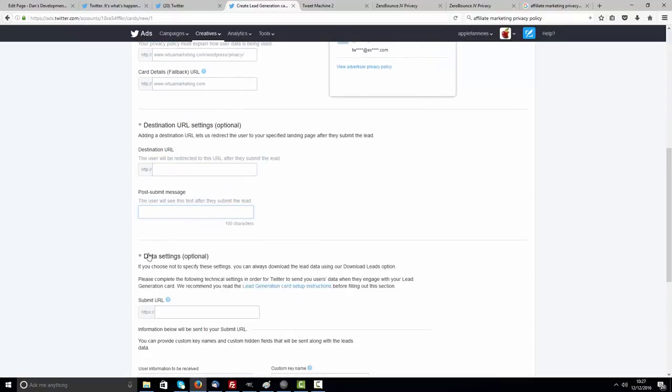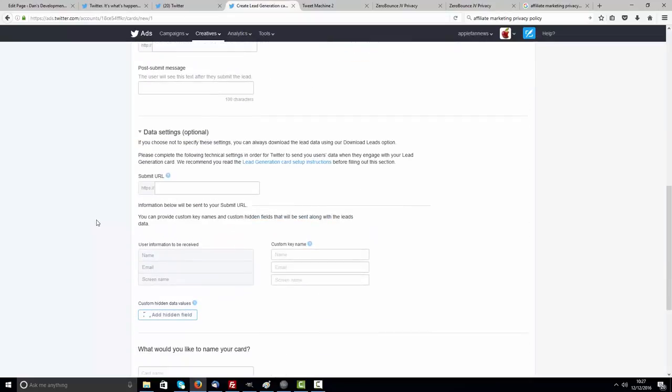All right, the next thing is if you want to have your leads automatically sent to your autoresponder. So if you use GetResponse, if you use Aweber, or something like that, this is where you need to set that up. Now, every different autoresponder has its own unique URL that you will need to use here, and so I highly recommend that you contact your autoresponder